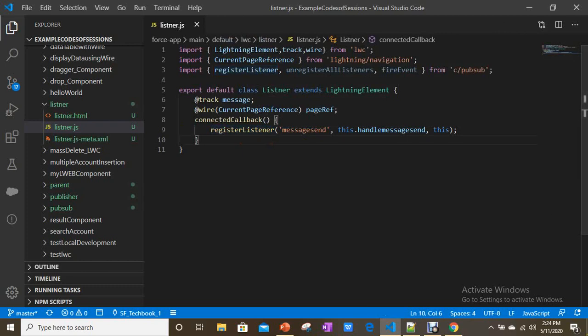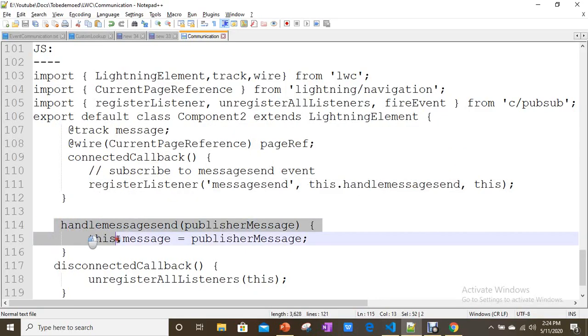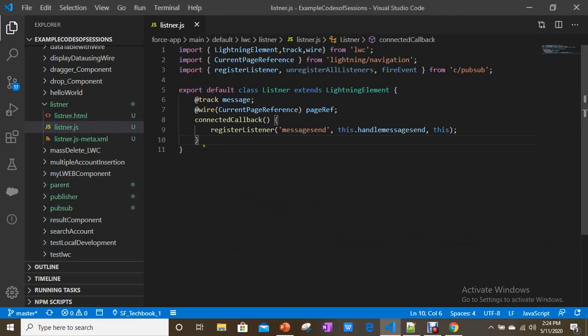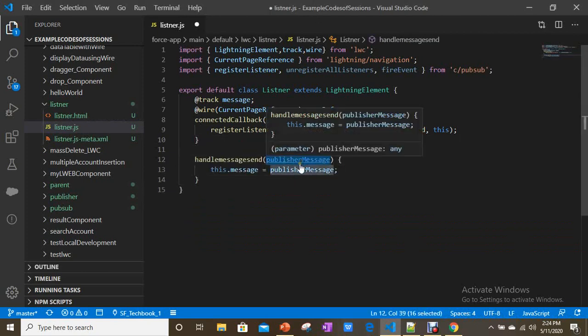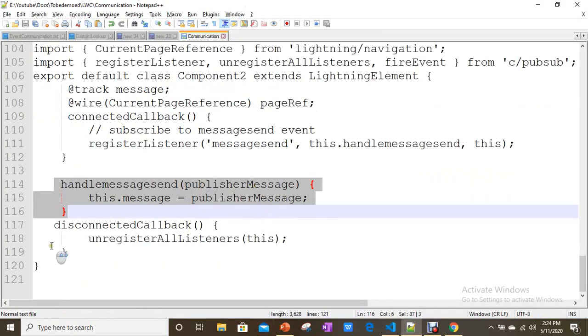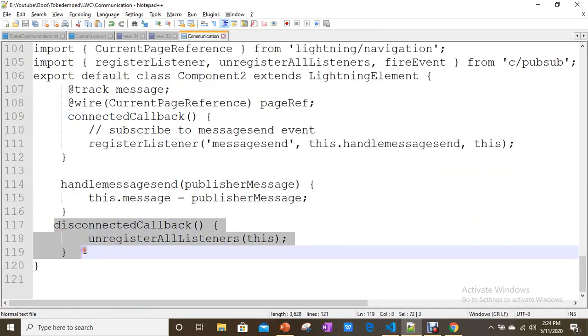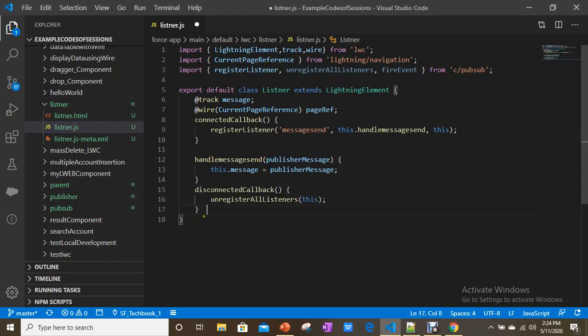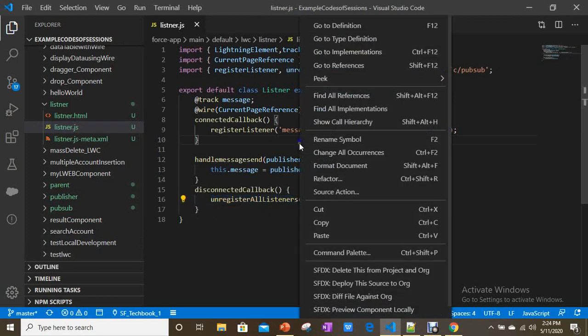When that event fires from the publisher, then it calls the handle message sent method, and it will take the payload, that is the message whatever you are sending, and I am assigning this message to our track property. So after that I am using disconnected callback. In the disconnected callback, I am just unregistering all listeners. That's it.